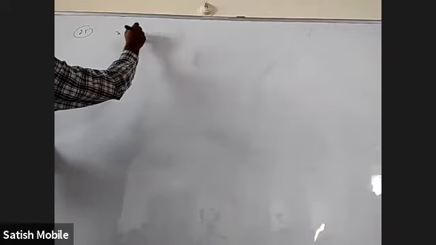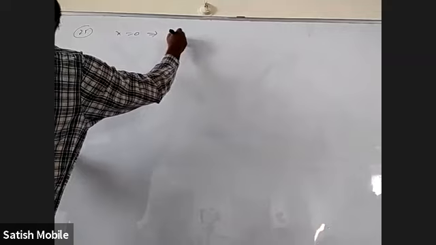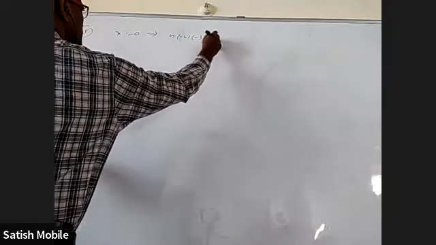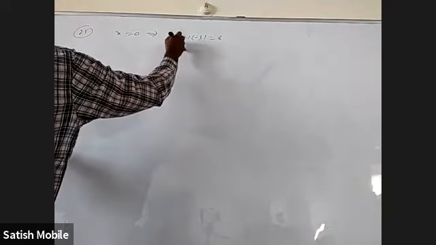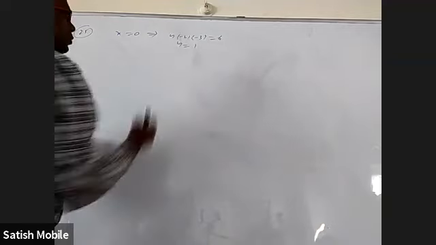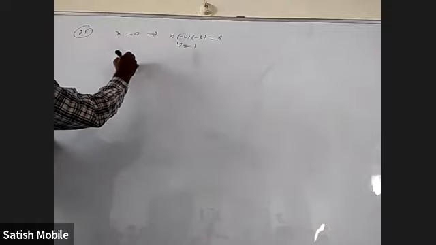The normal at the point where the curve intersects y-axis. Y-axis means x equal to 0. When you put x equal to 0, you will get y into minus 2 into minus 3 equal to 6. You will get y is equal to 1. So the point where the curve intersects y-axis is 0 comma 1, they want normal at that point.